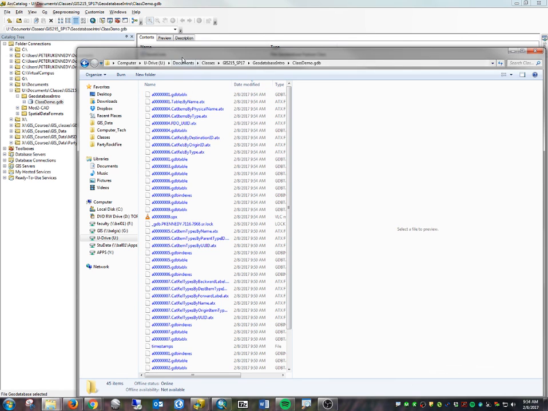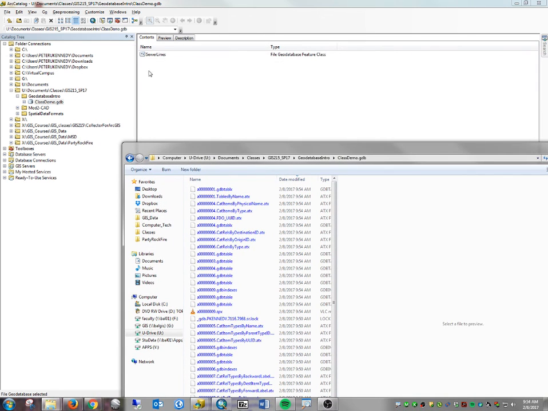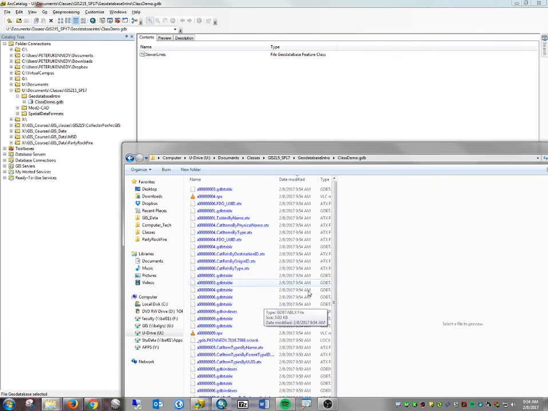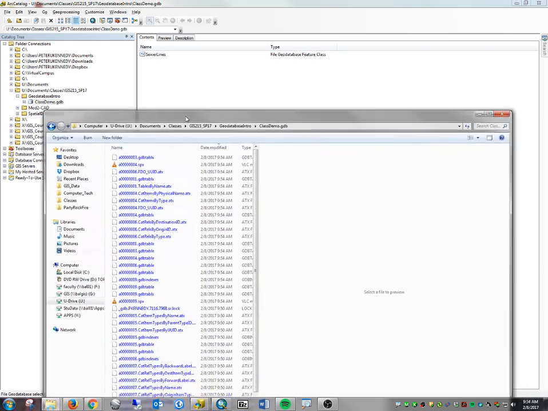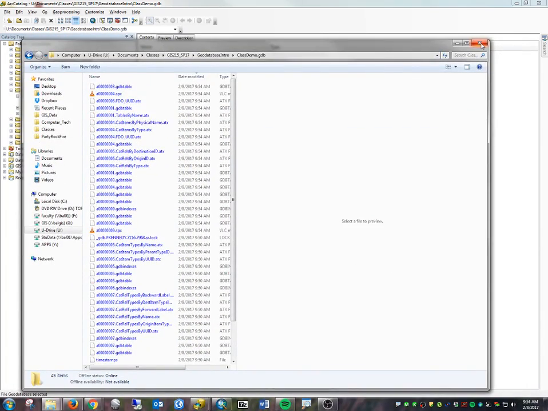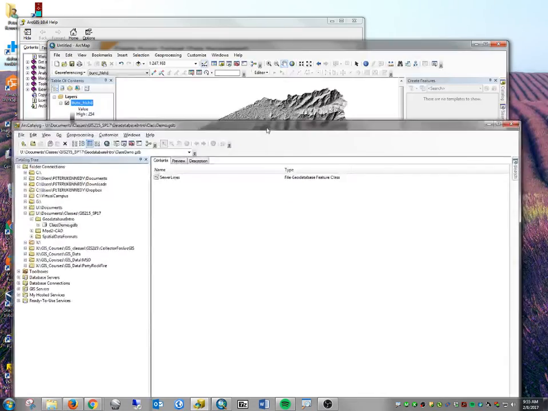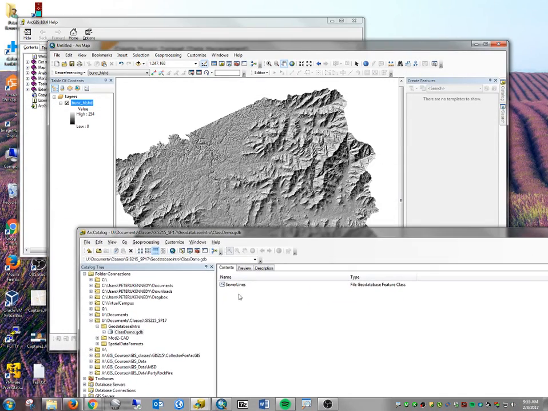So as you do things to your database, like create new feature classes, edit features, update spatial references, these files in here are updating. You don't ever need to get in here and mess around. If you were to, by accident, delete one of these files, you would probably never open the geodatabase again that you were working on. You would mess up all of your work. So a neat thing about the geodatabase, and I'm just going to load this sewer lines layer on top of this